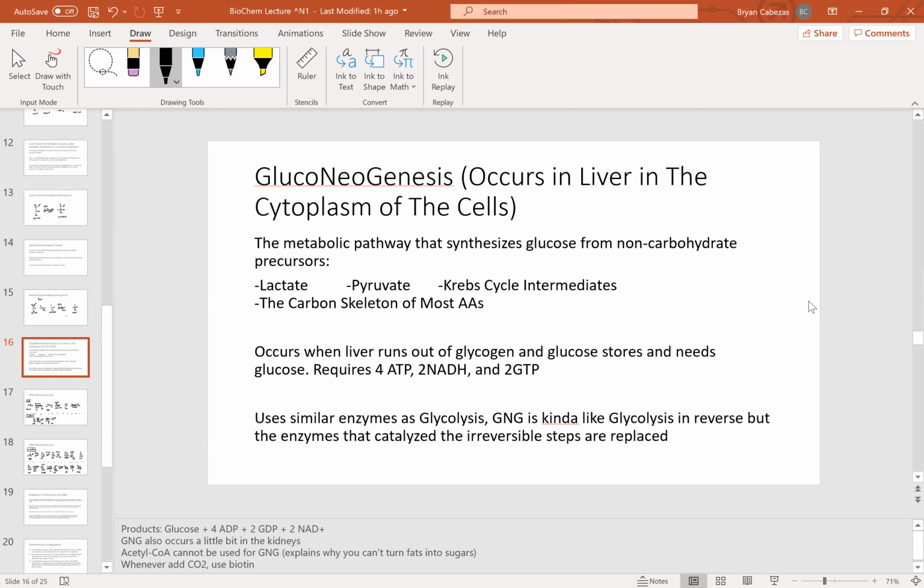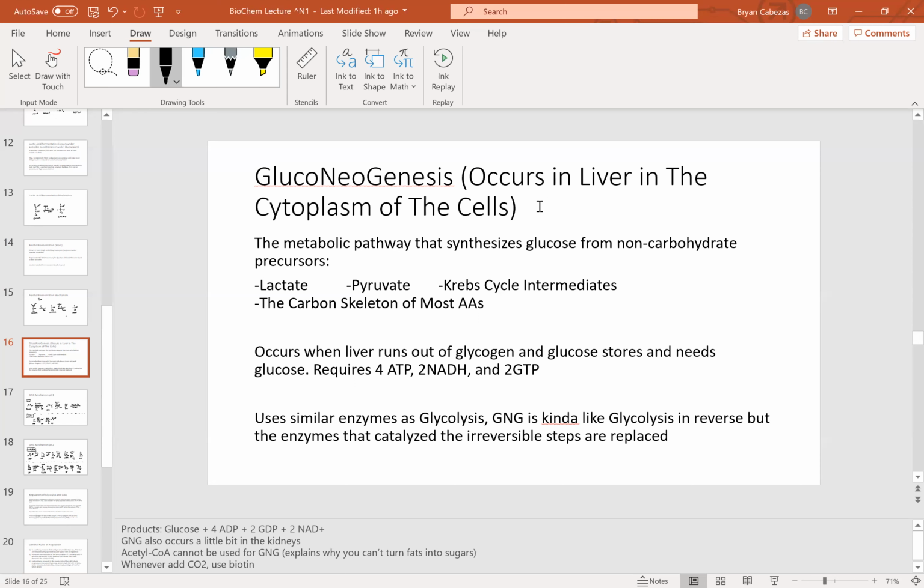So you have blood glucose, maybe you have a lot of blood glucose, there's hyperglycemia. Maybe you don't have a lot of glucose in your blood, and that's hypoglycemia. Those are 2 conditions that are not good, and so your liver is going to be helping control that through different pathways such as gluconeogenesis, as well as glycolysis. That's something we talked about in a different lecture. So the gluconeogenesis is going to occur in the liver.